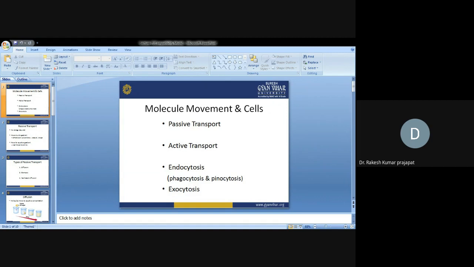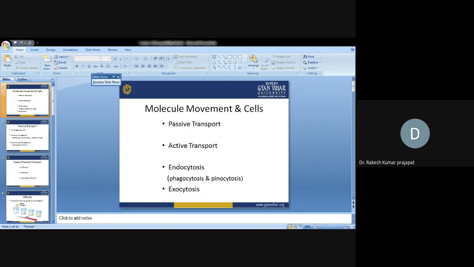In the case of hypotonic, if we place a cell into a hypotonic solution, the solute concentration is less in the outside solution as compared to the cell, then water will move from the outer side into the cell. Isotonic means solute concentration is equal, so water can move either inside or outside, in both directions. Hypertonic means if we place a cell in a hypertonic solution, the concentration of the solute is more in the solution as compared to the cell. Then water will move from the cell to outside.